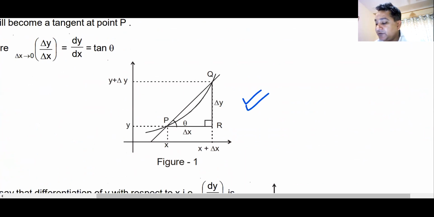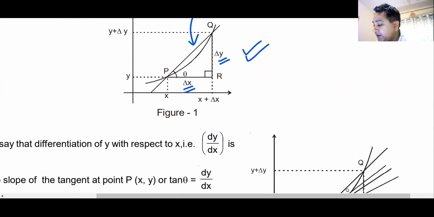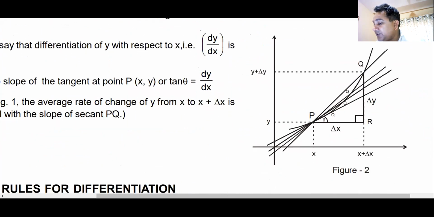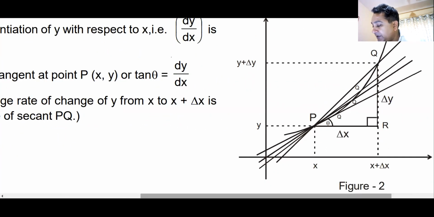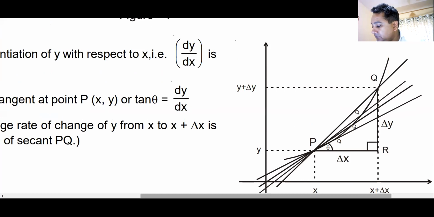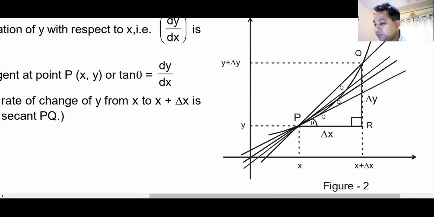Here I have a secant. PQ is a secant. Here is delta x, which is the change in the value of x, and delta y, the change in the value of y. And now look, this is what I wanted to show you. I'll again increase the size of this figure so that you can see it big on your screens. Okay, I think it's big enough. Now see what is going to happen, and then I'll write it in the notes.